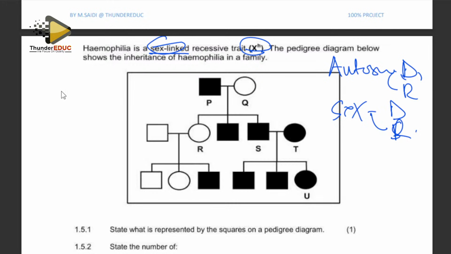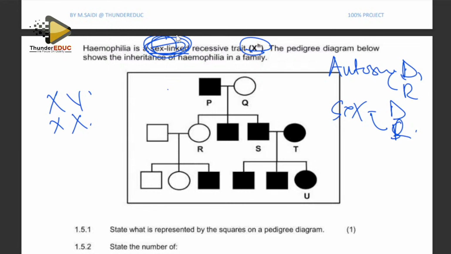In this case, they said it's sex linked, which is caused by a recessive allele. So it means that I have to use X and Y, X and X for the case of the female, because they say that it is sex linked. If you don't see sex linked there, please don't use X and Y. If they want you to know that it's sex linked, they will ask you, is it sex linked or non-sex linked? But for sex linked characters, they will mention that this is a sex linked character. Even if they put something which shows that this is a male, this is a female, make sure that you don't put that as X and Y.